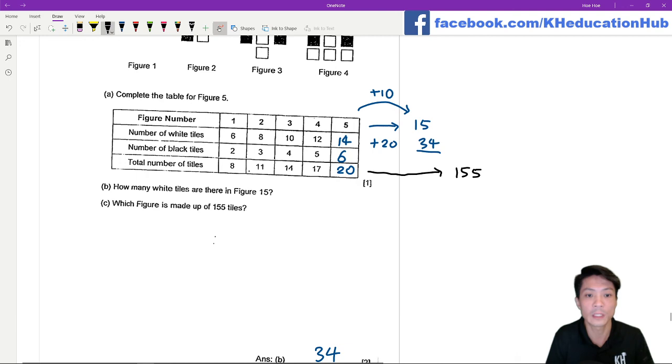If you look at the pattern over here, it is always +3, +3, right? So what you're going to do is subtract the first number from all of them. This will give you a 0, then 3, 6, 9, 12. By now you should realize this is the 3 times table. So we're going to fast forward to over here. I'm going to subtract 8 from 155, which will give me a